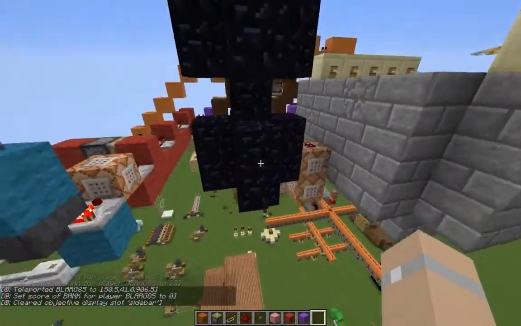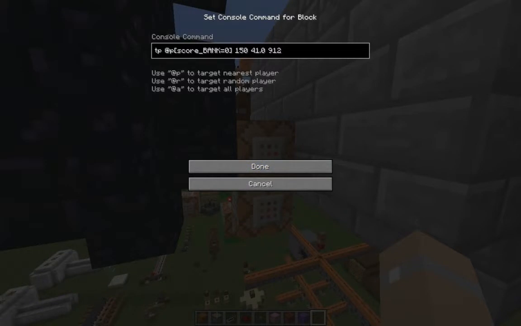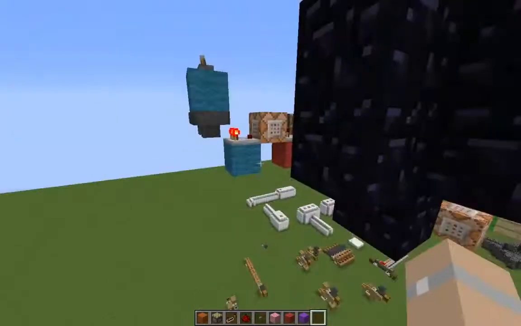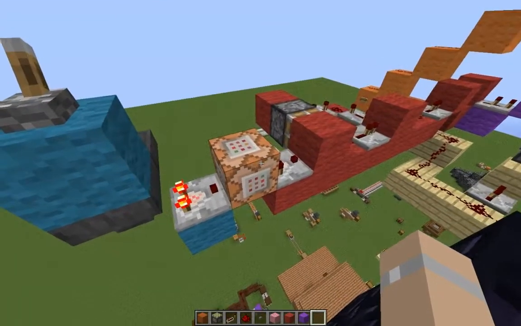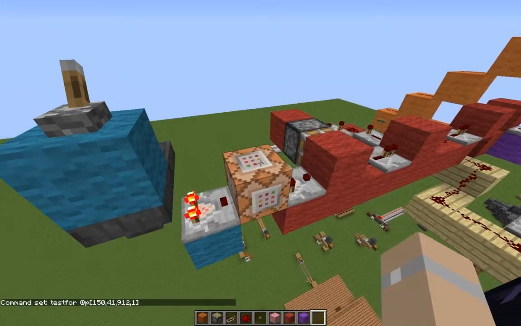I get teleported into this tube, but first of all, what this button does is, if I have a score of 0, it teleports me into the tube. But if I have a score of 1 or above, it says you already have your code. So this constantly tests to see if I'm inside that pillar. FYI, you don't need like the X, Y, R equals whatever stuff if you have it in this format. That's X, Y, Z, and then that's the maximum radius. Now I have